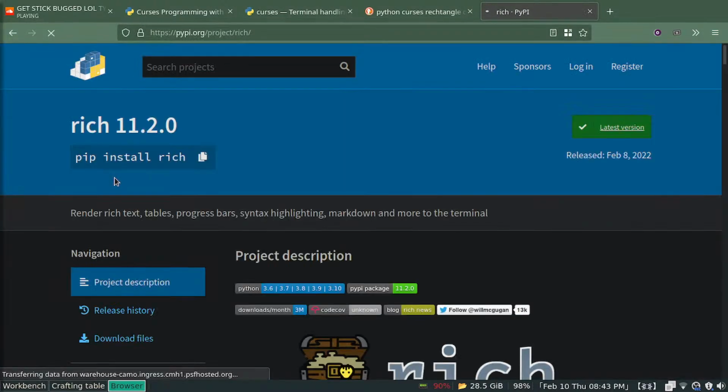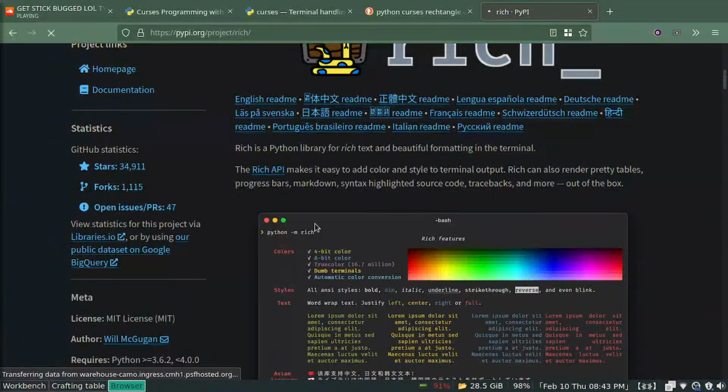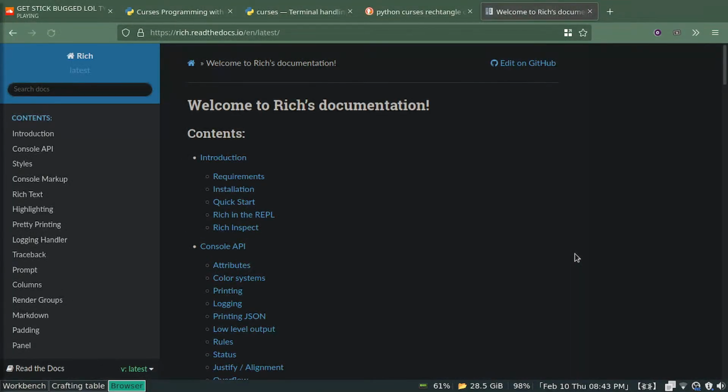It would be very cool if I could grab and use the formatting in the terminal. The rich API makes it easy to add colors out of the terminal output. This also renders pretty tables, progress bars, markdown, syntax highlighted source code, tracebacks, and more out of the box. So let's take a look at the rich API. I'm assuming this is, yeah, there's nothing else on the page as far as I can see. Actually, maybe there is, I don't know. Anyways, so